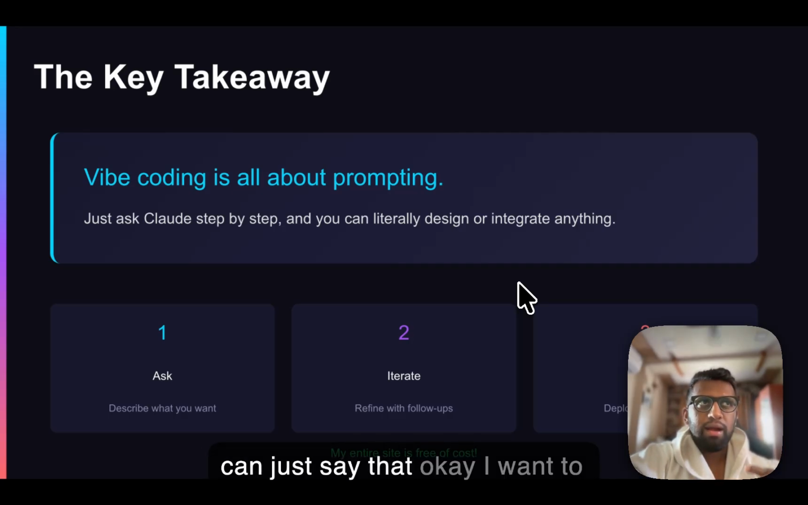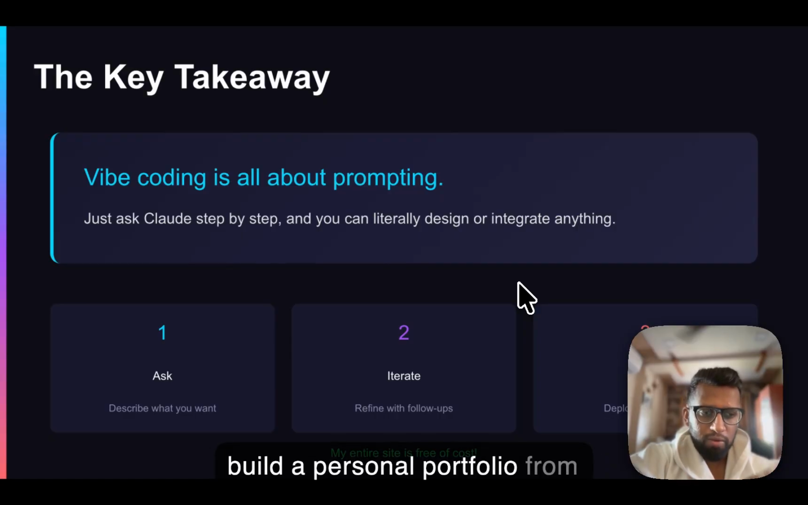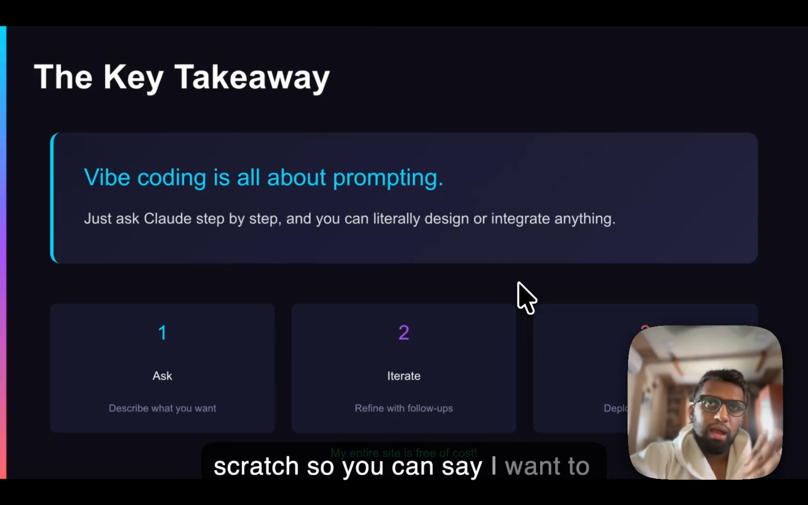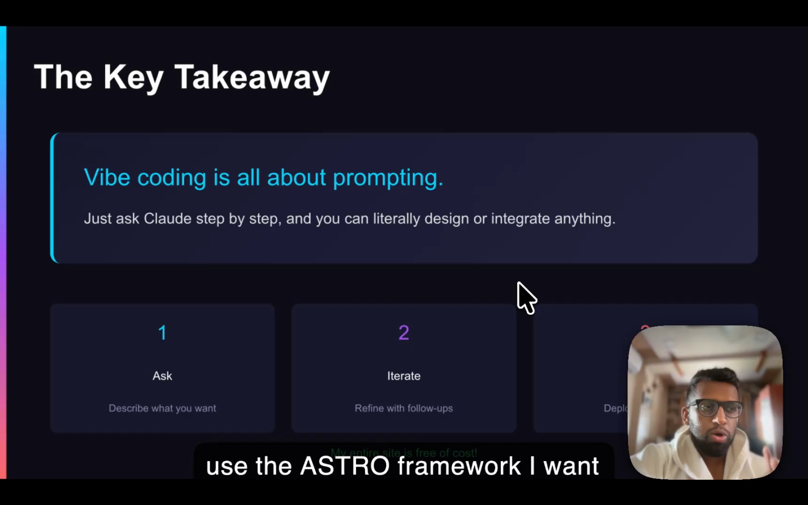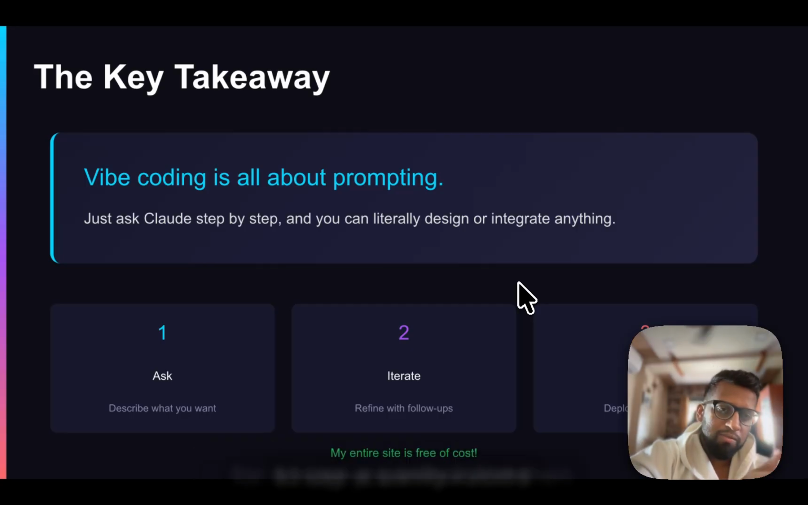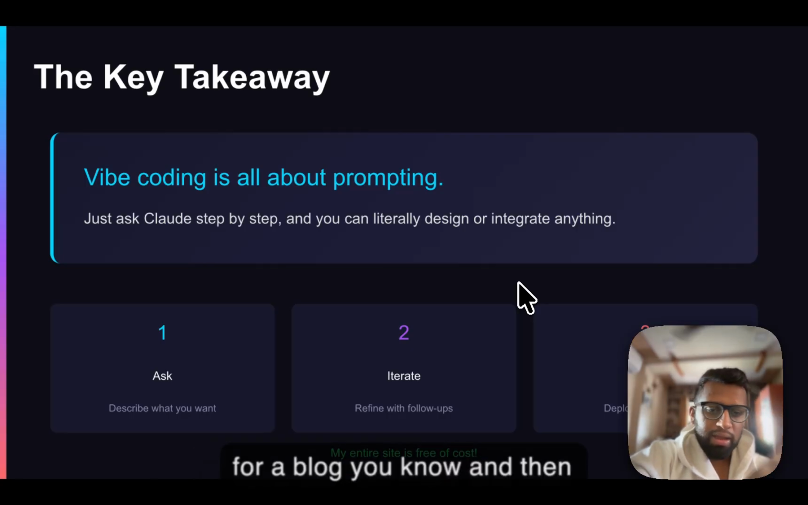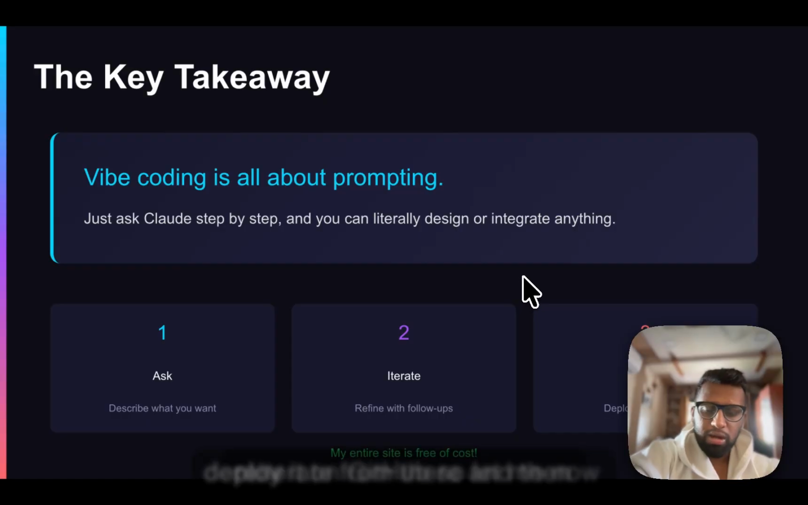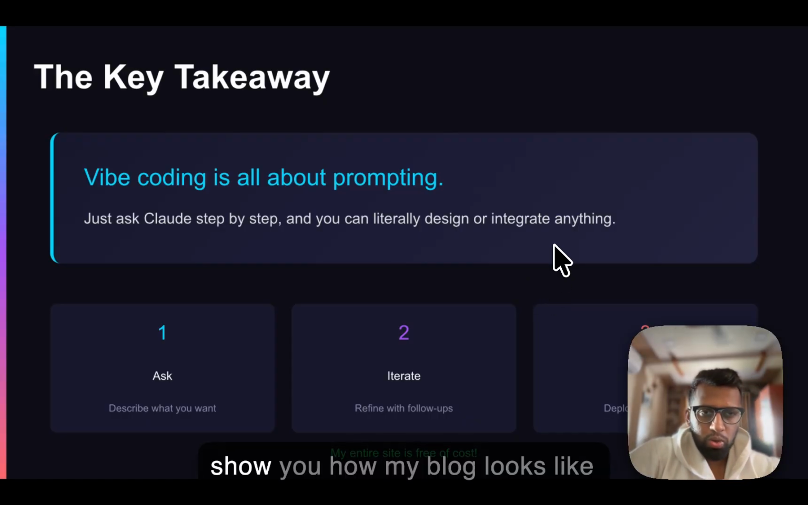So you can just say, okay, I want to build a personal portfolio from scratch. You can say I want to use the Astro framework, I want to use a sanity.io CMS for a blog, and then reiterate from there, and then you can deploy it on GitHub. So let me now show you how my